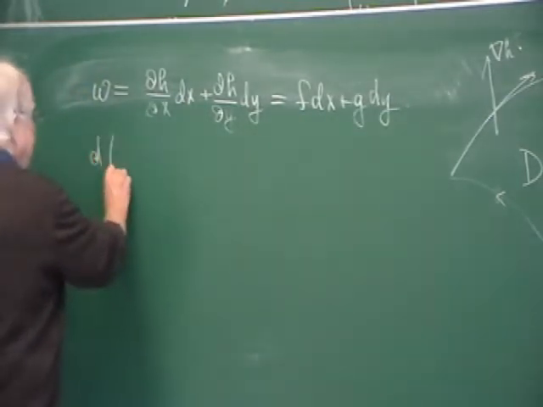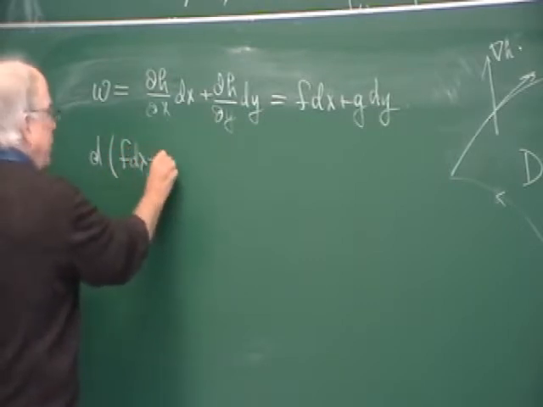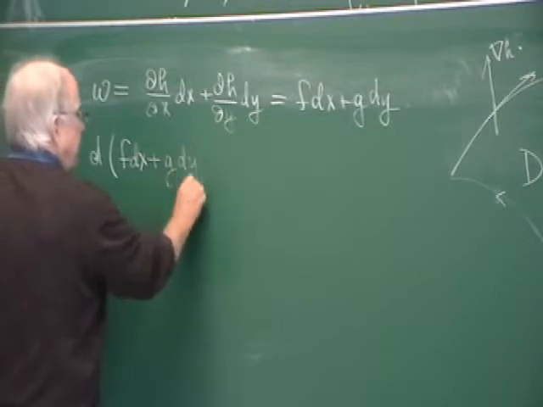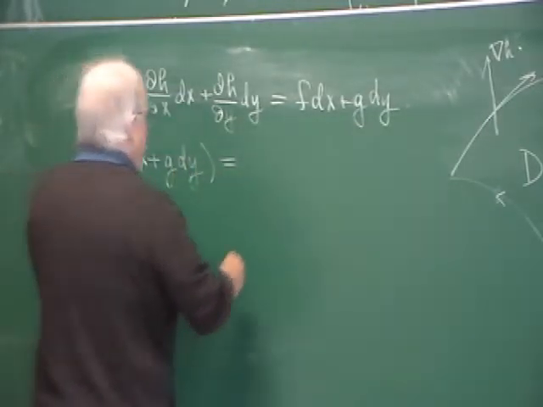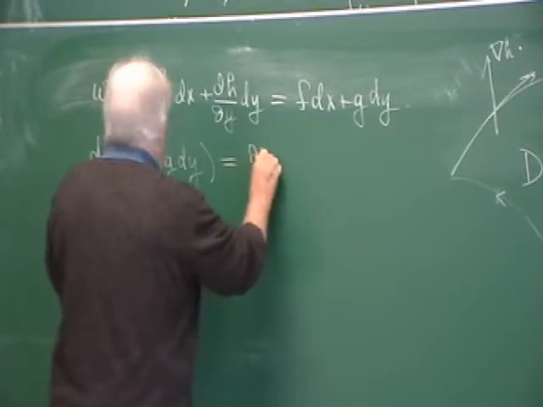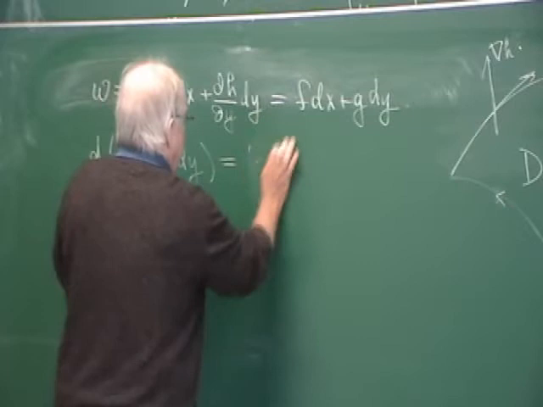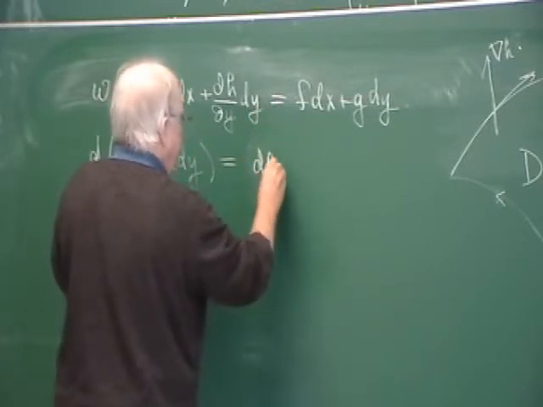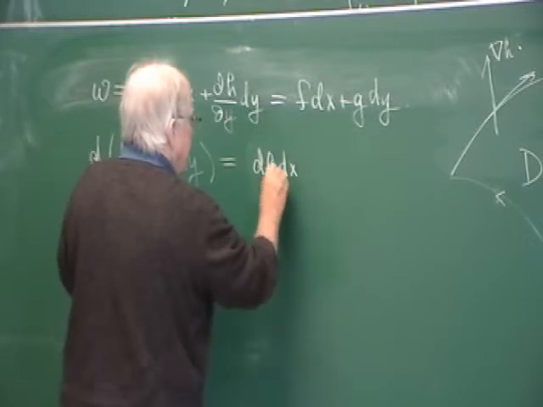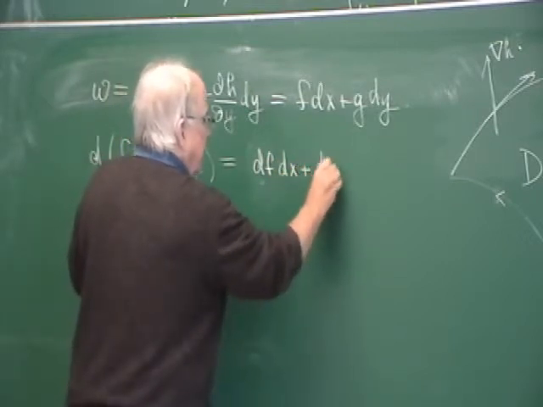Well, what is d? He defined, I don't know whether it was Green, but very close to Green, d of this thing, the boundary of this thing, to be, well, let's do it out. It's the gradient of f dx plus the gradient of g dy,